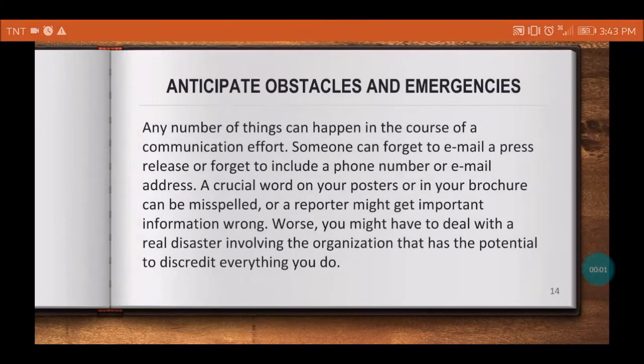The next step is to anticipate obstacles and emergencies. Any number of things can happen in the course of a communication effort. Someone can forget to email a press release or forget to include a phone number or email address. A crucial word on your posters or in your brochure can be misspelled, or a reporter might get important information wrong. Or worse, you might have to deal with a real disaster involving the organization that has the potential to